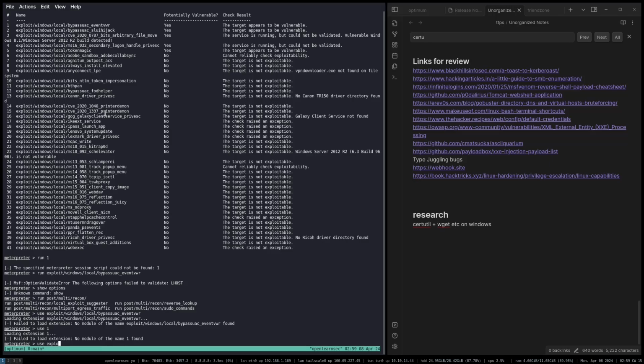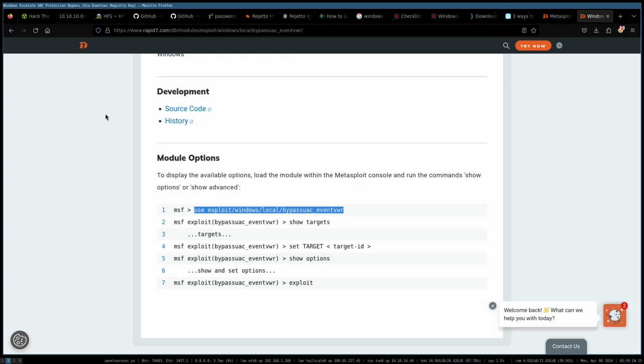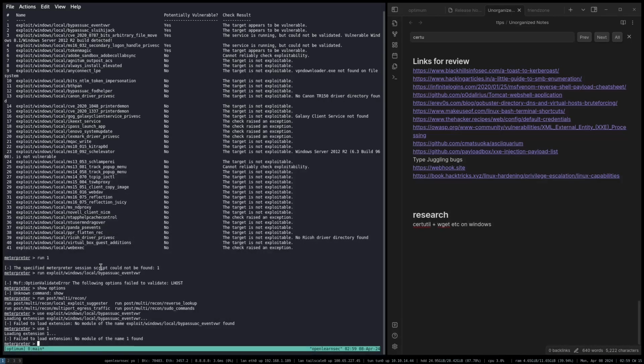Use exploit. So how do we run it from the interpreter session? I'm guessing we need to detach this session and then set it as the target rather than using the IP, because it's going to run the exploit over the existing shell. It's not going to exploit a new service. So